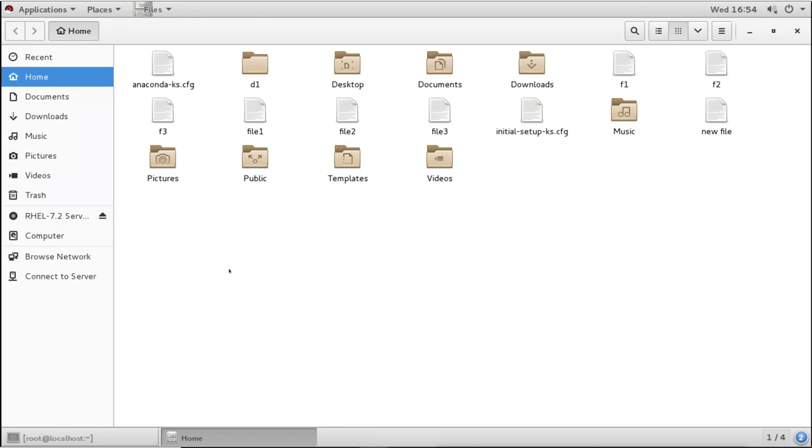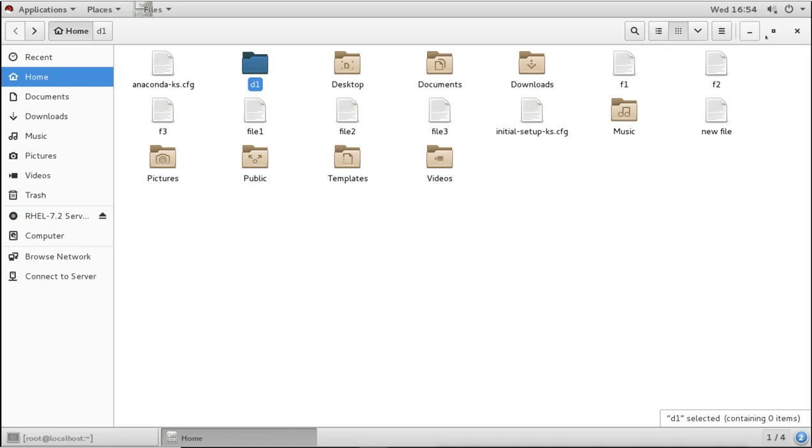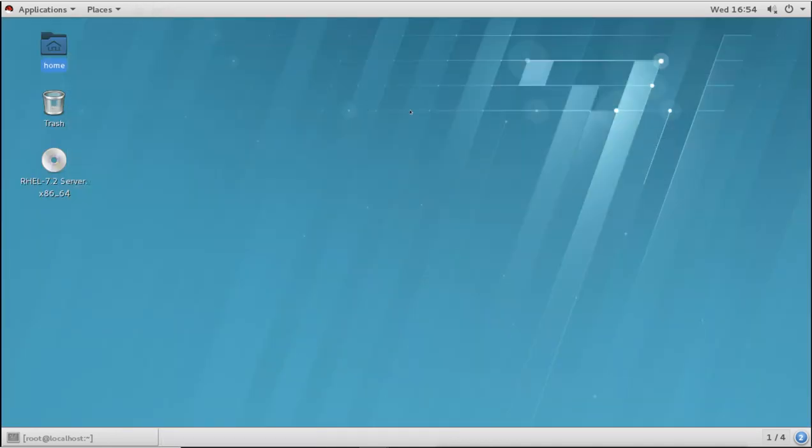Now if I want to create a directory inside another directory, I will go to this directory, give a right click and then new directory. Then if I want to create a new directory inside that directory, I will open it, then create a new directory. So for creating the whole directory structure, we have to create the directories one by one.